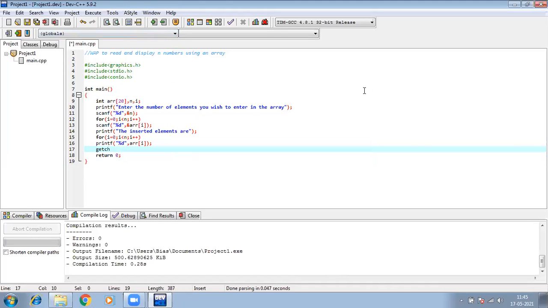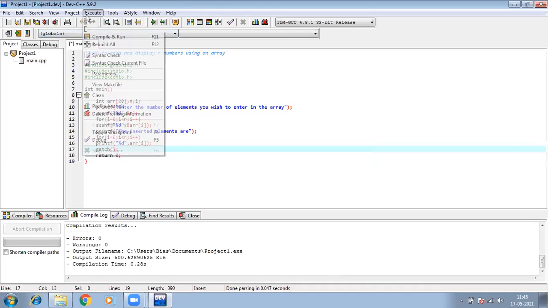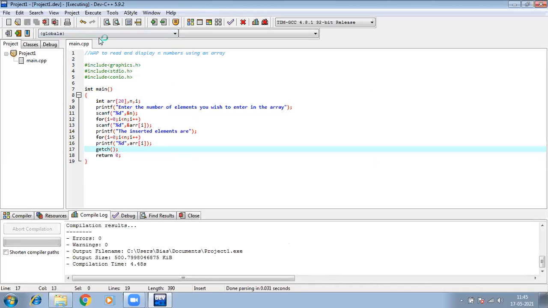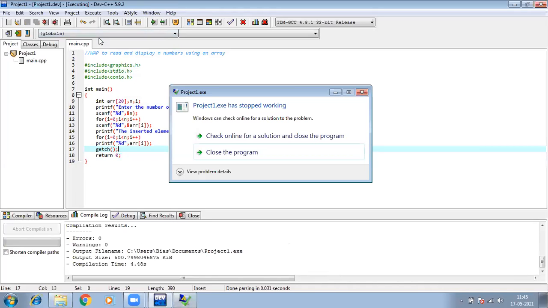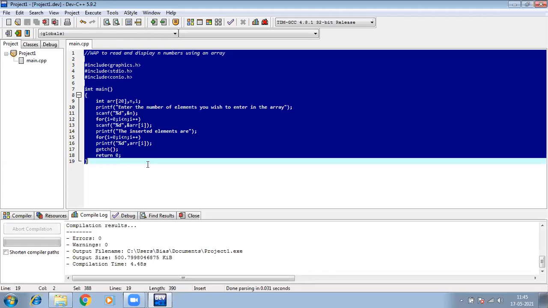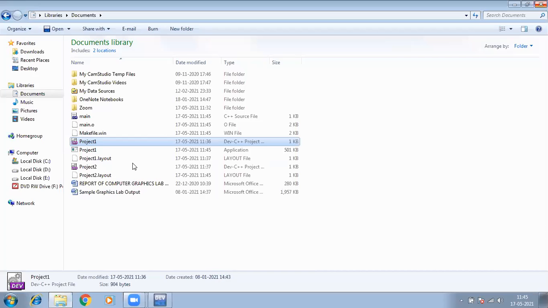Ma'am, is it necessary to save the file with the .c extension? No, Dev C++ runs everything. Okay, let me use a new file. Ma'am, so the file name does not matter?